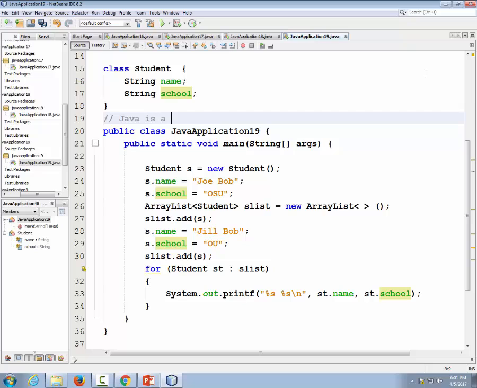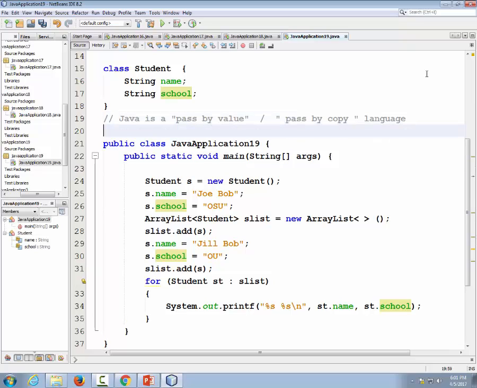Java is a pass by value, also known as pass by copy, language. So is Python. C++ and C# support pass by copy, but they also support something else called pass by reference. Maybe that's what I'm thinking of, since I'm doing Python this semester too. Okay. So what that means is that if you write a function,